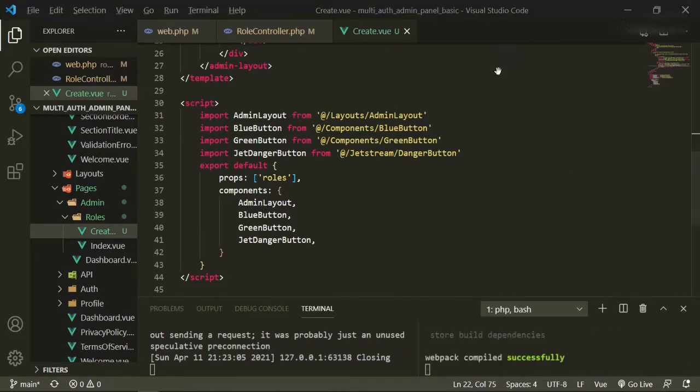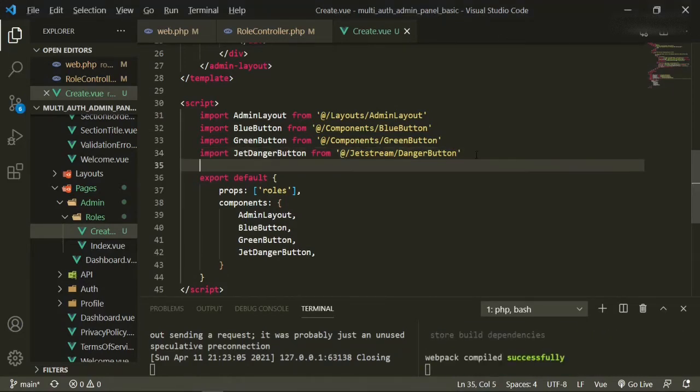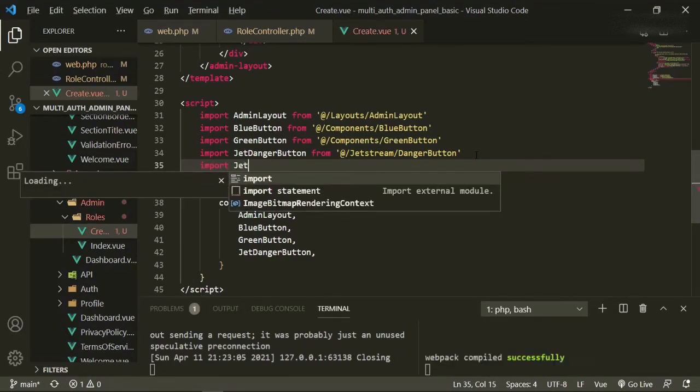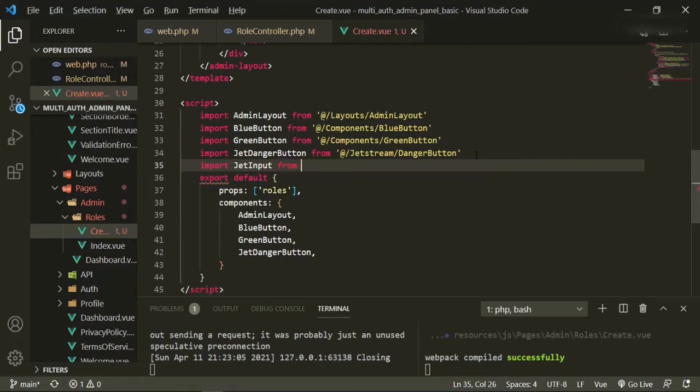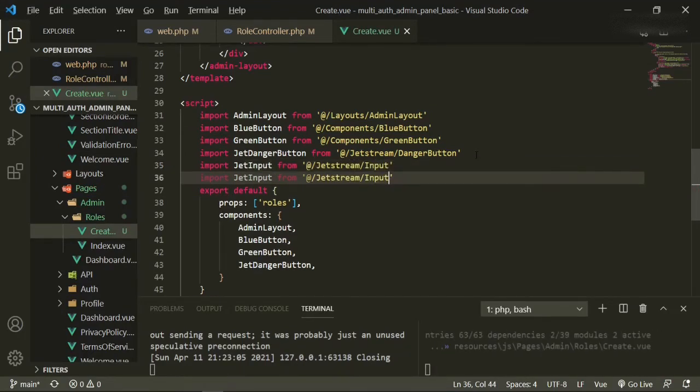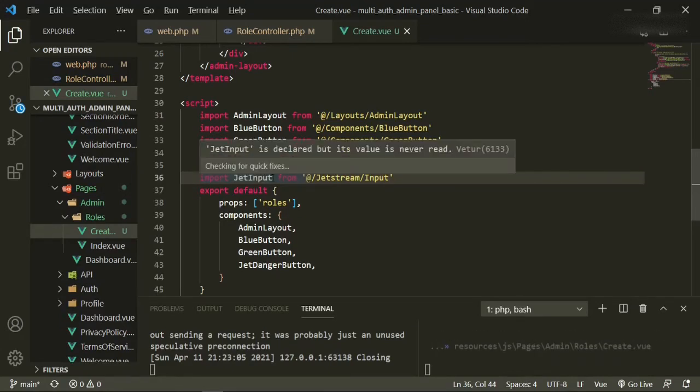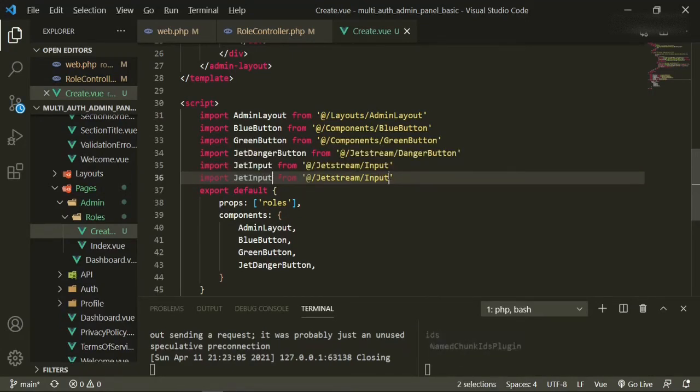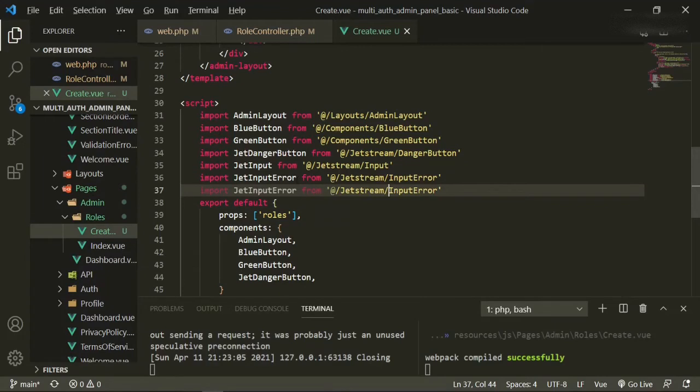Okay, so let's go down and we can start adding in the imports and start working in here. Let's go ahead and add the other import. So import, which is the first one will be JetInput from @/Jetstream/Input, and then we'll copy paste that one, and this one will be InputError, and then we'll copy paste that one, and then it'll be JetLabel. Change it here.